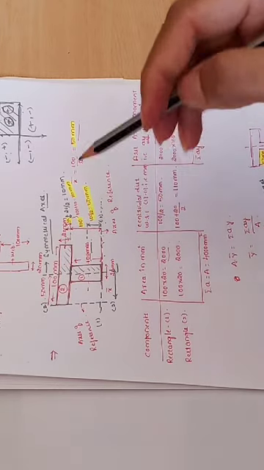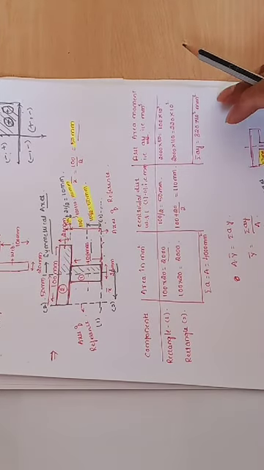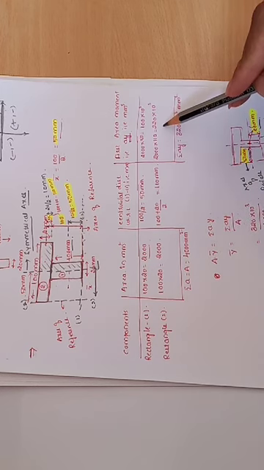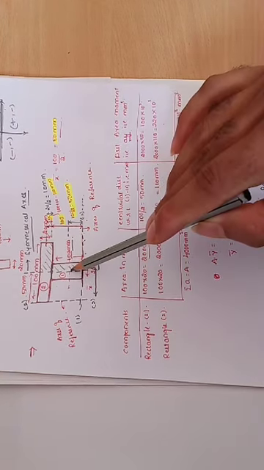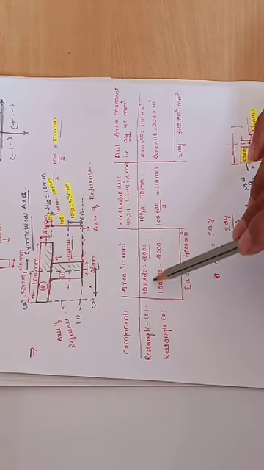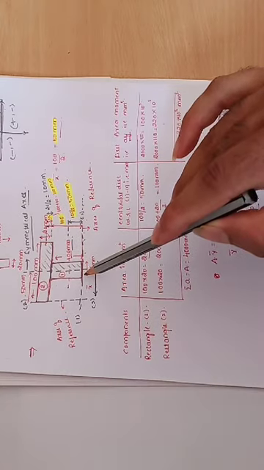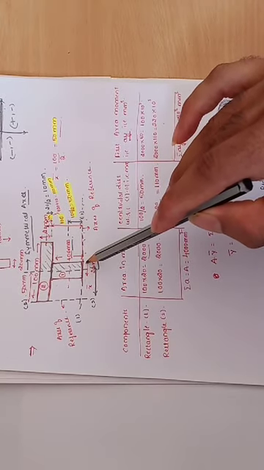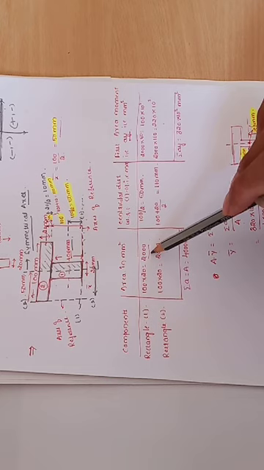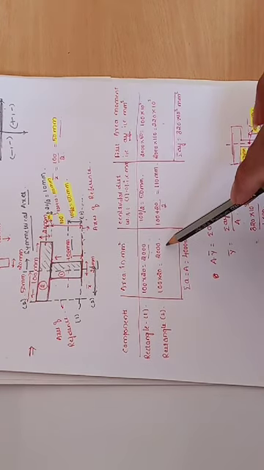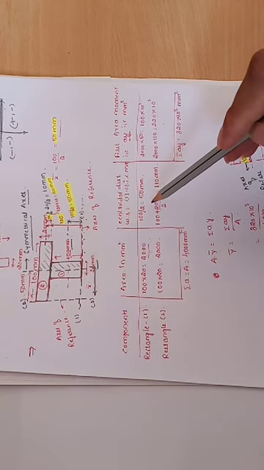So how will I calculate the centroidal distance from the first area moment? That will be A into y bar, which is equal to summation of A into y. I am just tabulating these values. That will be the first rectangle. Here in this first rectangle, the area will be 100 into 20, so that will be 2000. And similarly for your second rectangle, 100 into 20, so that will be 2000. Both areas are the same.